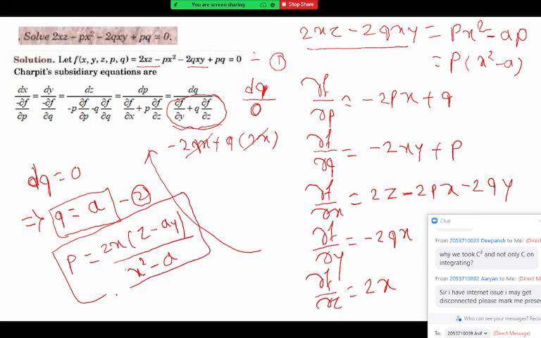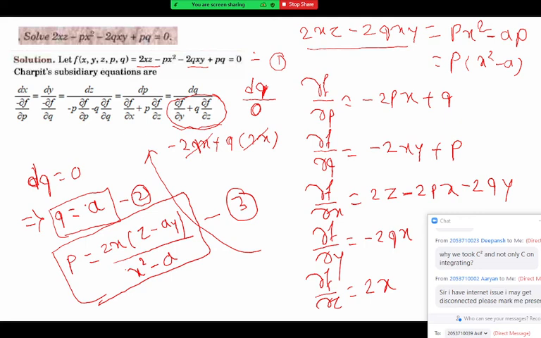Yes, sir. So we got p and q. That p is there, q is there. What should be the next step then? Integration. Z minus ay. Q is a. Yes, sir. Okay, q is a. So don't forget that p should be in xyz and q also should be in xyz at most. So p should not contain q and q should not contain p. You should be careful about that.